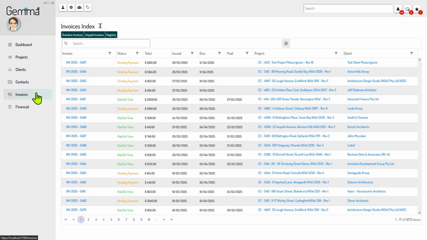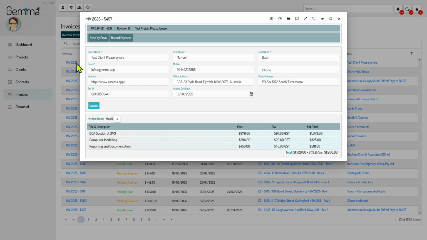From the Registry of Invoices, select an invoice to edit its details. You can only edit the recipient details and invoice items of an invoice if it has not already been paid. You can add or edit invoice items, and like quote items, Gemma currently supports invoices with up to 5 invoice